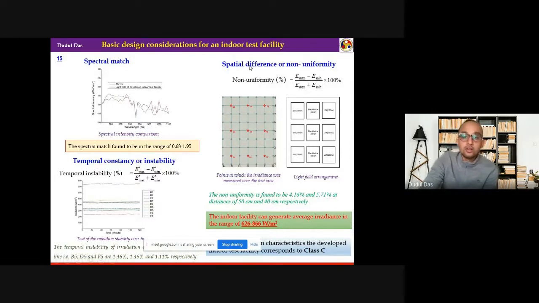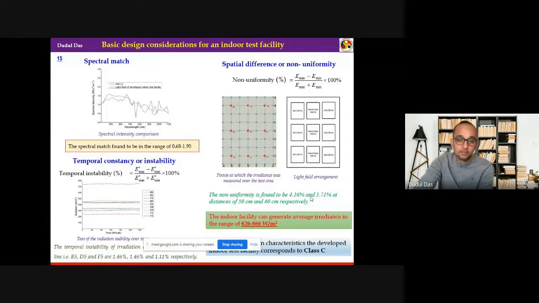And second is non-uniformity. That means suppose we are placing the collector and from the light source, is the light falling on every point of the modules at a constant rate, or it's varying? So for doing that, we put some grid points onto the collector plane, and we measured temperature, radiation at various points, and then finally using this equation we calculate non-uniformity, and that has been found to be around 4.16 when the collector plane was at a distance of 50 centimeter, and around 5.71 when the collector plane was at a